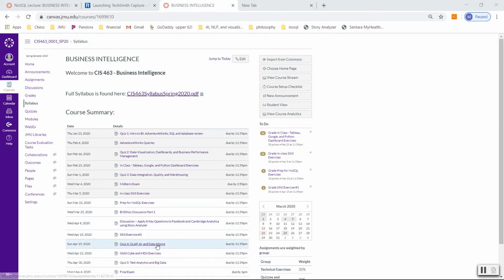You've got the one quiz having to do with OLAP and data mining, and another quiz having to do with text analytics and big data. A lot of the stuff for both of these quizzes is covered in chapter 11 of the textbook, and of course I also have notes available in the modules. What I'm going to focus on today is the idea of NoSQL and what we're going to do with it in our upcoming exercise. And so if I go to the modules,